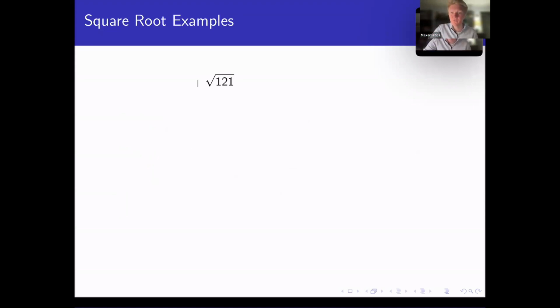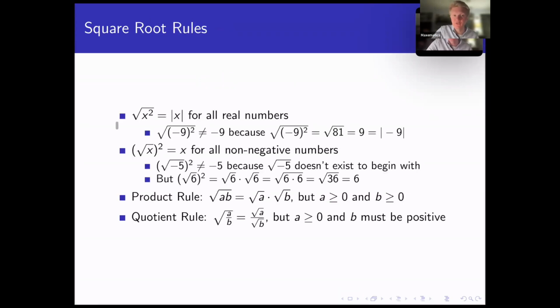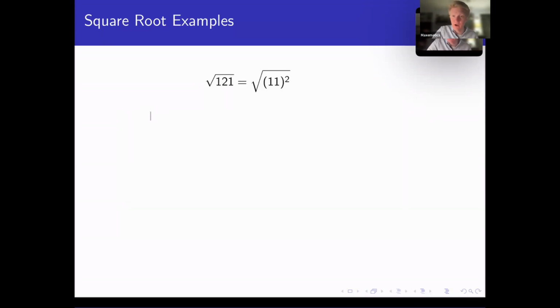Square root of 121, we're looking for the number that when you multiply it by itself, you get 121. Well, 121 is 11 squared. And when we have square root of something squared, that's this rule right here. Square root of something squared is the absolute value of that something, and the absolute value of 11 is 11. So the square root of 121 is 11. We don't need to do steps like this every single time, right? We kind of have an understanding of what square roots are on a surface level,